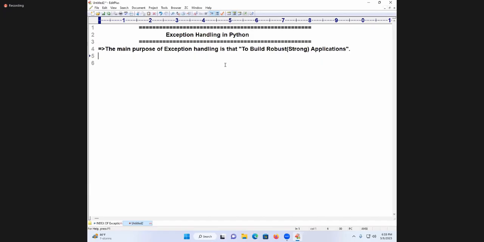What is the use of exception handling? To build what? Robust applications. What is the definition of exception handling? The process of converting technical error messages into user-friendly error messages is called what? Exception handling. Is it understandable, students? Shall I move forward? Now I am going to enter into the further topic. What is my topic name? Very, very easy. Now I am going to continue, students.